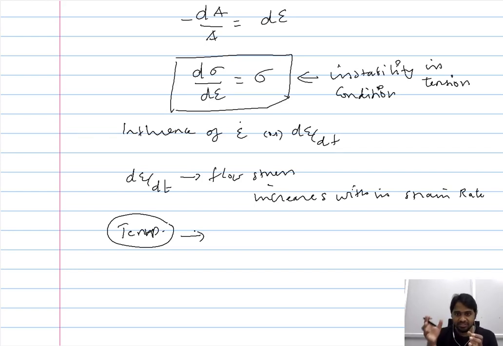Therefore, the plasticity is enhanced with the increase in temperature, and the plasticity sets in much below the yield strength at room temperature, and therefore the yield strength is reduced, and the ductility of the material is increased with temperature. So temperature increases ductility